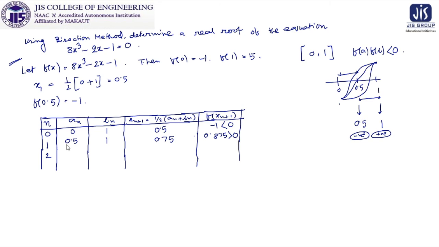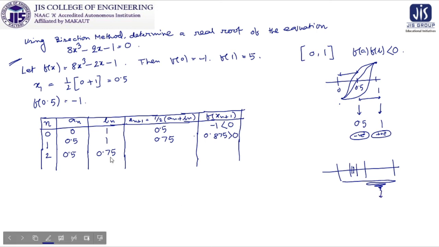Once it is done, for the next step n equal to 2, tell me what value will be there. At 0.5 it is negative, at 0.75 it is positive, at 1 it is also positive. So among 0.5, 1 and 0.75, what is our choice? Obviously 0.5, and 1 is positive, 0.75 is also positive, but 0.75 will be chosen because we are going to make our range half, then half, then half again. In this way we are coming to our desired root.